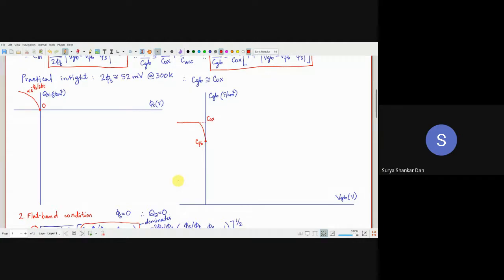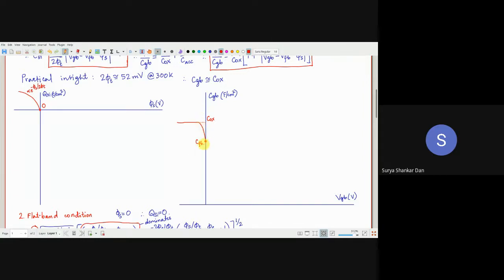Okay, and again notice the point where it starts to decrease. So basically, here we have plotted surface potential. Here it is VGB, the terminal voltages. This is much more important for us. This is essentially the much celebrated CV curve. Okay, so there is a particular voltage VGB where it will start decreasing.